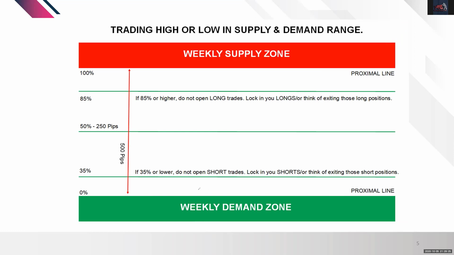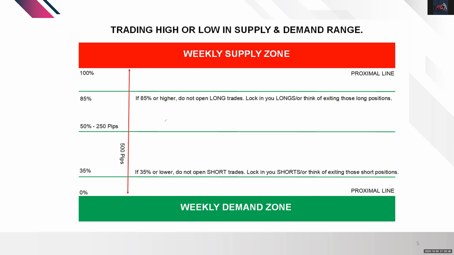So it's very important that you understand this illustration, because once we go to the charts, it's going to help you. Yes, in terms of pips, this is for illustration. You can have a range of, say, 100 pips. You can have a range of 200 pips. You see? So always make sure that when you have defined a supply zone or a demand zone,